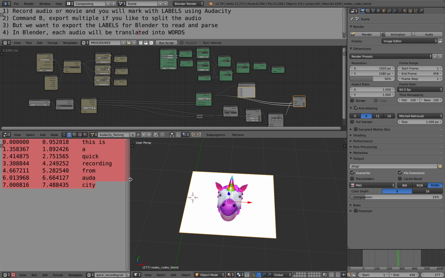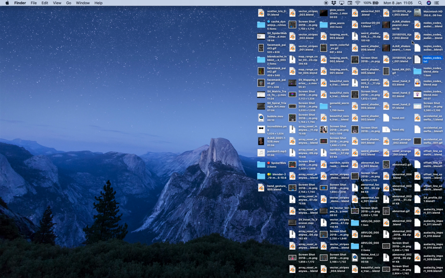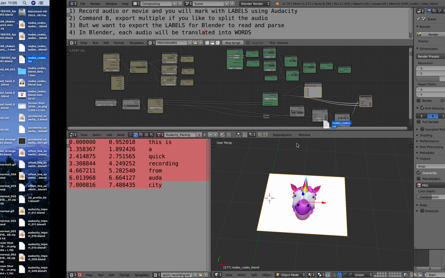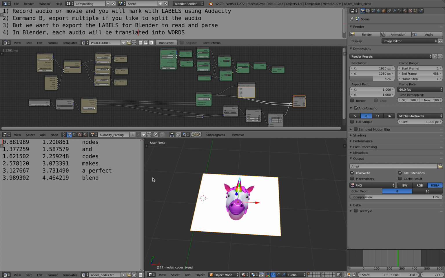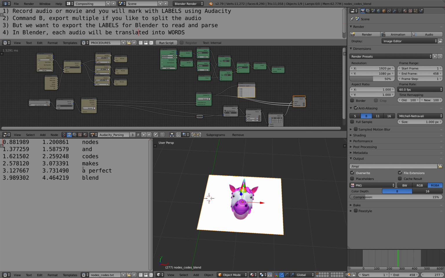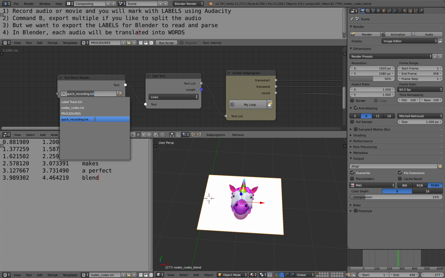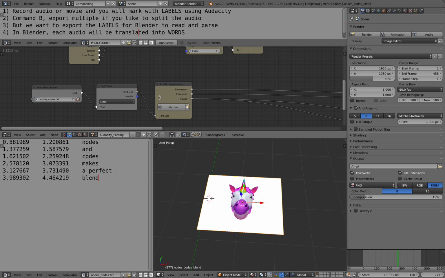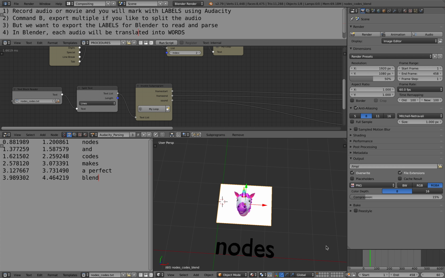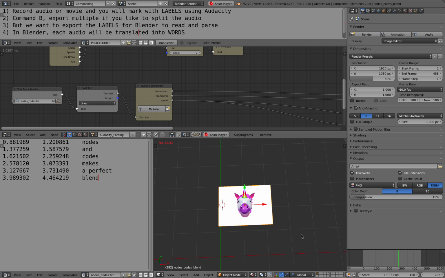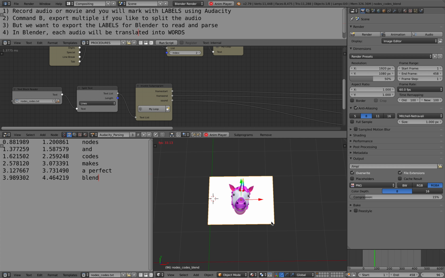So all I need to do now is to drop the text into this guy right here. So the text, drop it into Blender. Cool. We just need then to select the text, nodes and codes, and update it, and we can have a look. Nodes and codes makes a perfect blend. Cool. Yeah, so that's pretty much it. You can see it's working really well. You can scrub it because it's